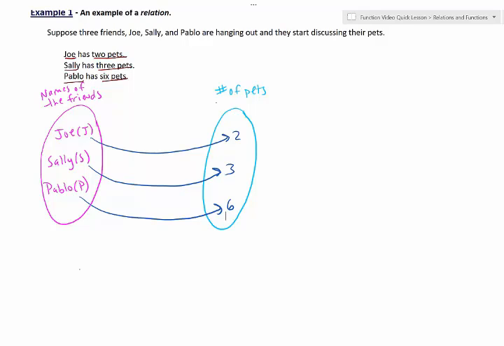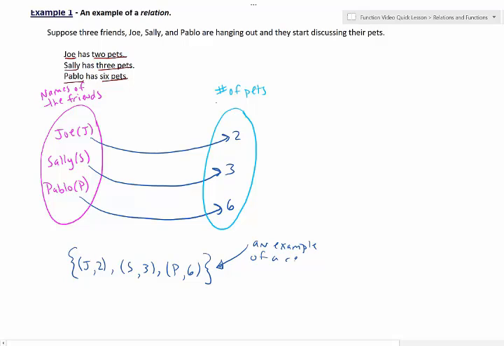Symbolically, we're going to write as follows. We're going to use little parentheses for each of the following collection of pairs. So, in the first parentheses, we're going to put J for Joe and 2 for the number of pets he has. We're going to use S for Sally, 3. Sally's got 3 pets. And Pablo, 6 pets. Throw a couple braces on the outside. And this, my friends, is a way to denote what we call a relation. This is an example